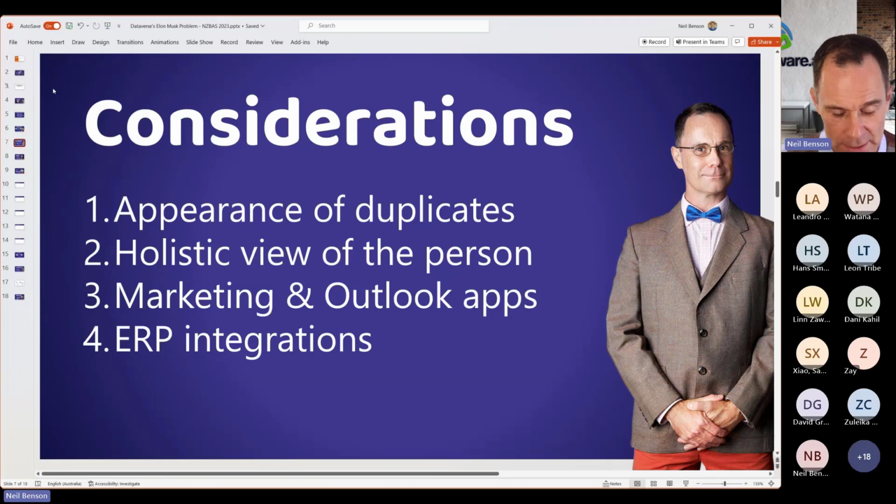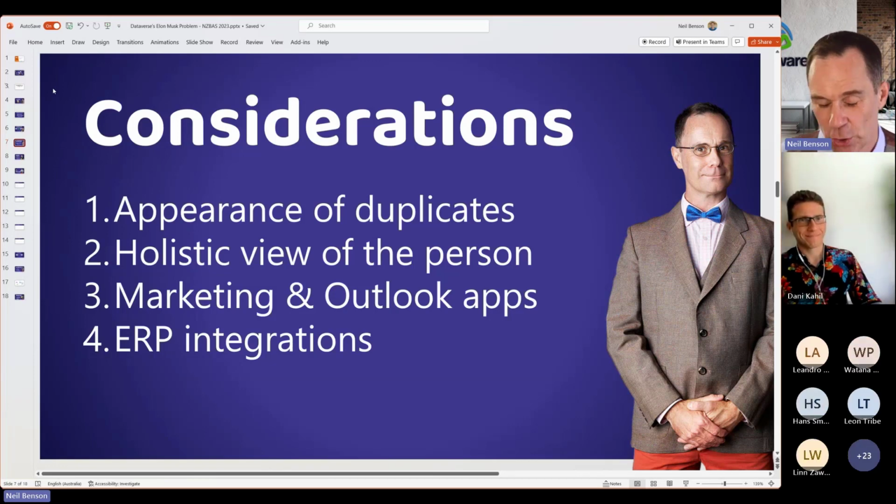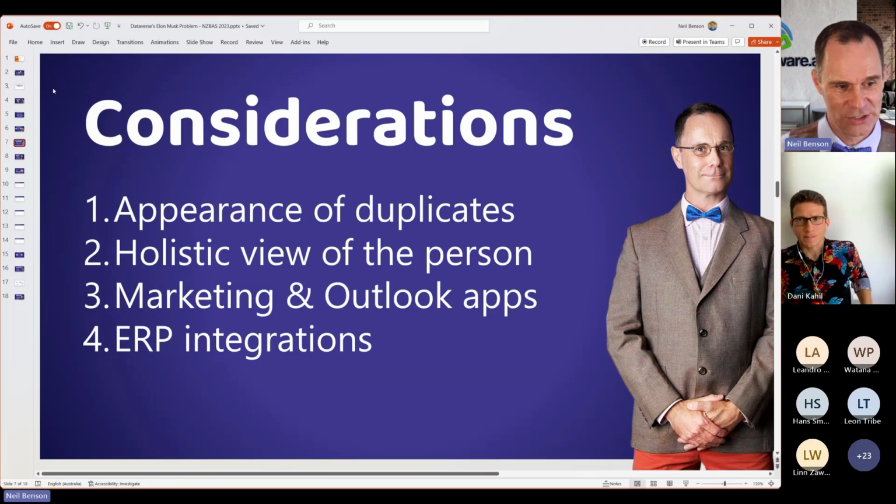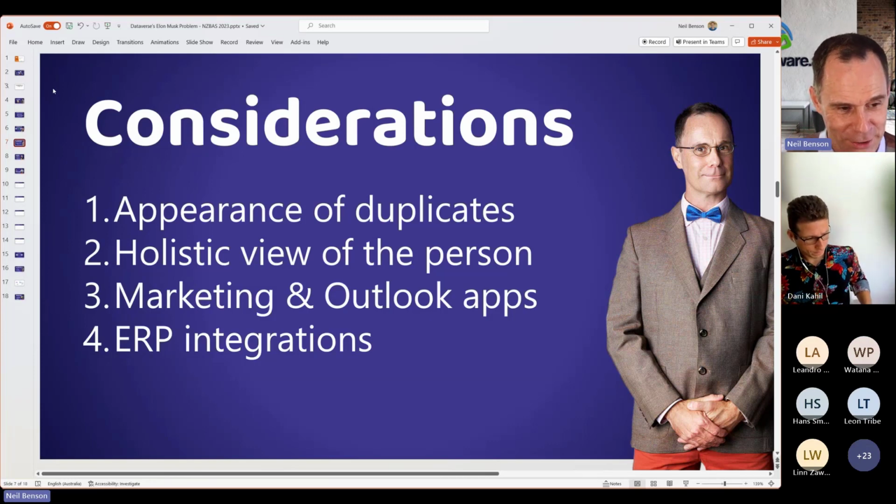The rest of this session, I'd love to be more interactive. I appreciate there's 20 or 30 folks on the call. We're going to open it up for discussion. I'm going to show you 6 different ways of freeing yourself from these limitations, and I'd love to get your feedback and thoughts. Maybe we'll do a Q&A at the end.